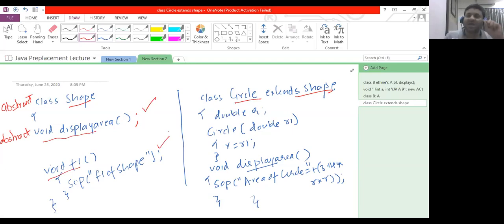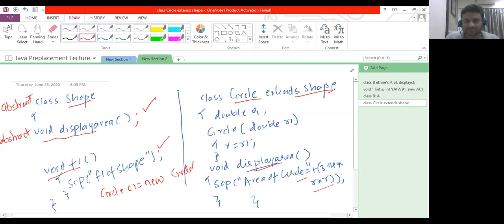What we have is class circle extending an abstract class shape. Shape is abstract, so it will have at least one abstract method. So we are overriding it here and we have given the body to display area. See, class circle has not given any new body to F1 function, but still the F1 function is there in circle class. So if I create a circle object, something like this, circle C1 equal to new circle,